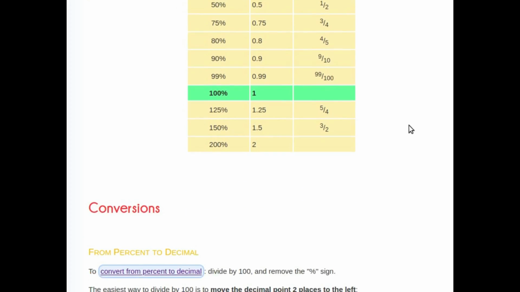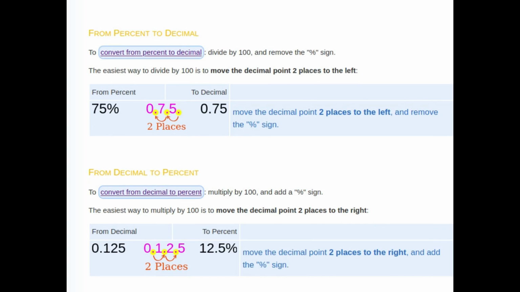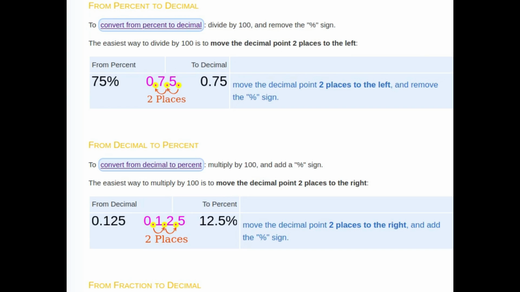Okay, so here we'll see how to do the conversion from percent to decimal and from percent to fraction. So first one, from percent to decimal. It is easy, see 75%. What is 75%? 75 by 100. So we have 100 in the denominator, so we need to move the decimal point two places, then we'll get 0.75. That is, 75% in terms of decimals is 0.75.